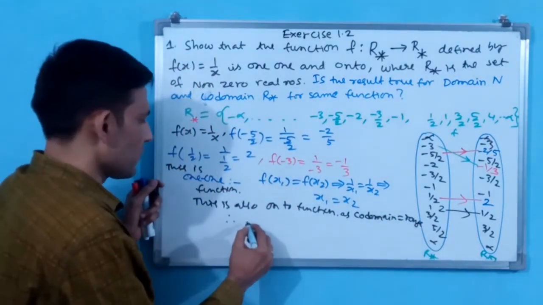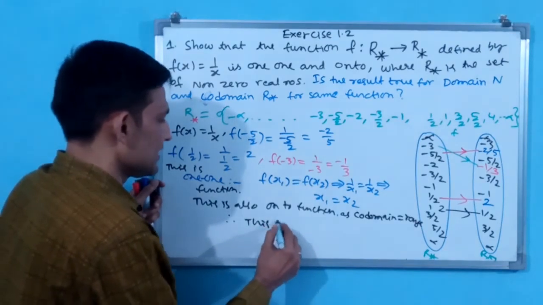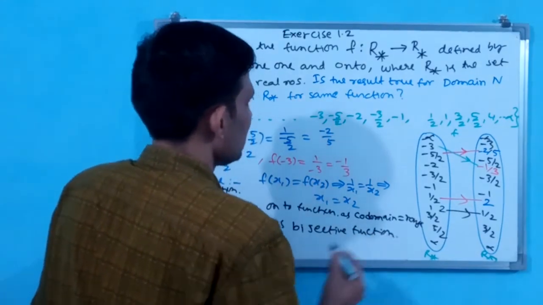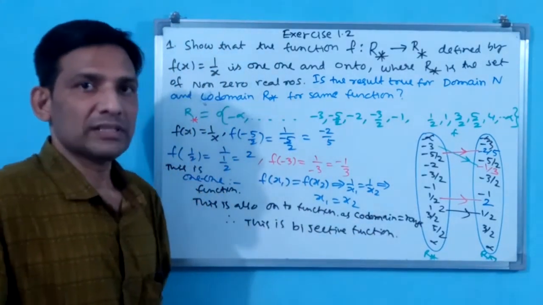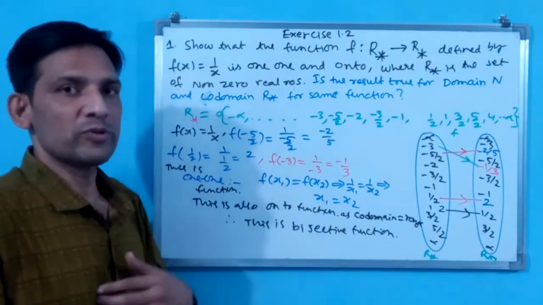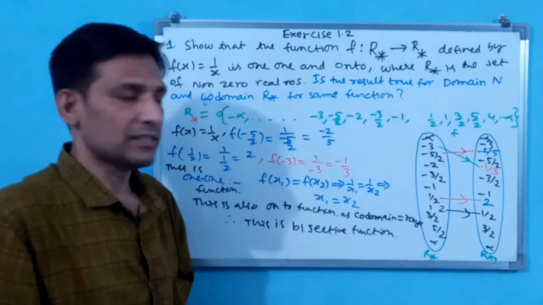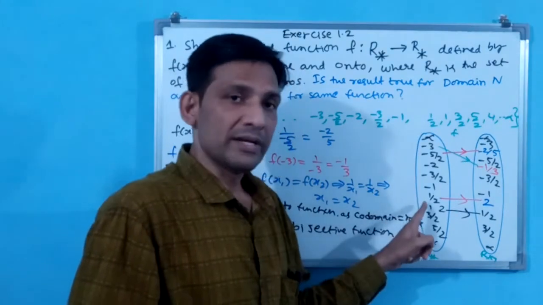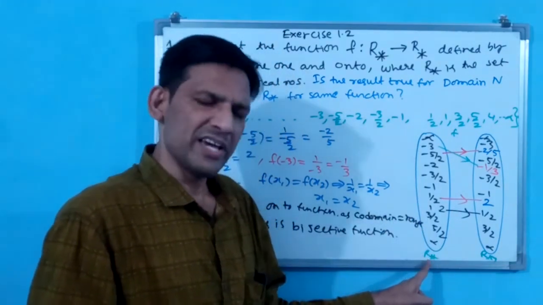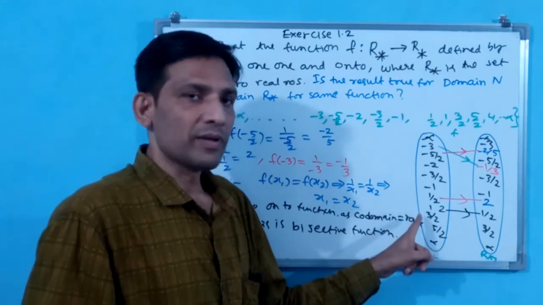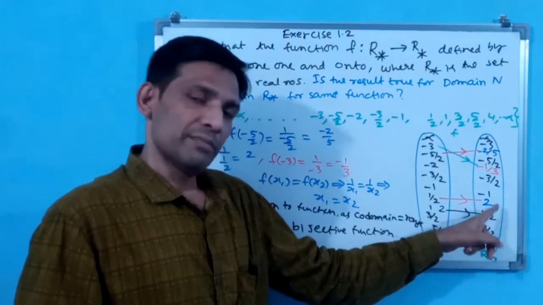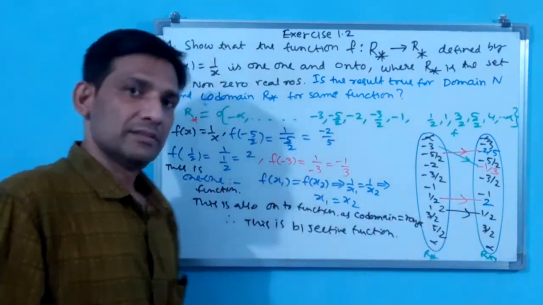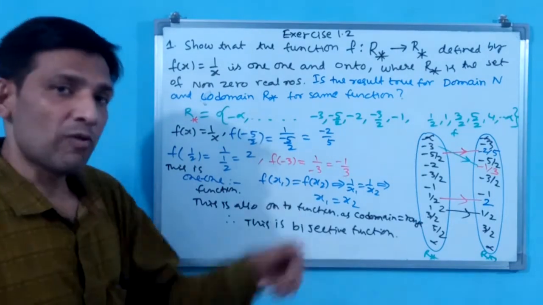Therefore this is a bijective function. How did you come to know it is bijective? Because this is injective and surjective. How did you come to know injective and surjective? Because injective is one-one function, because surjective is onto function. How did you come to know one-one function? Every element from set A, from A, is having an image, and every image is having only one pre-image. That is why this is a one-one function.